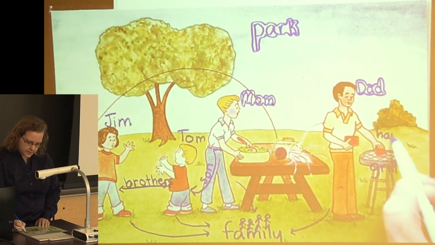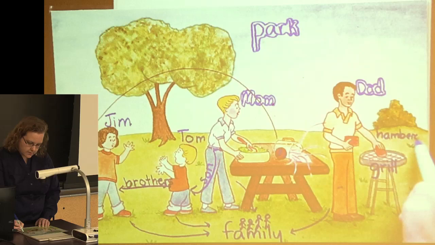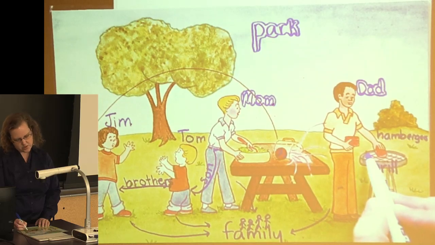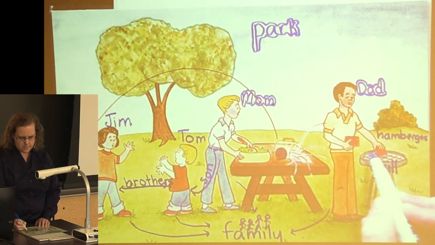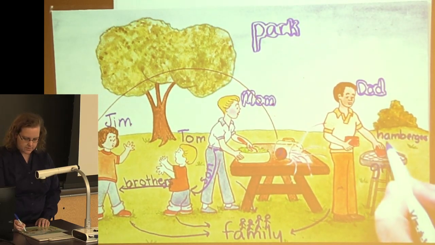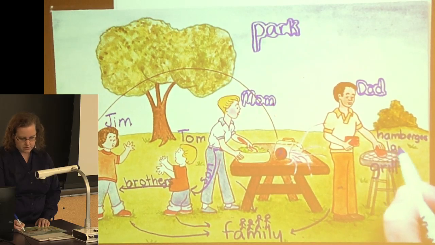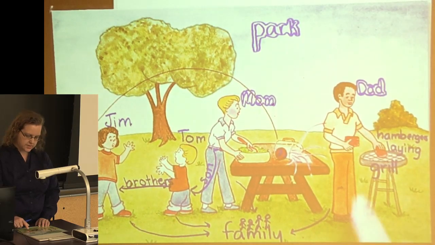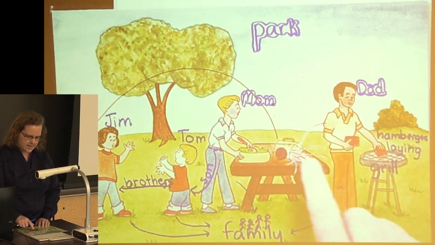I'm going to have to squish that one. No, I really have to squish that one. And his hand is doing something, and I could say he's putting the hamburgers on the grill, but I'm going to say he's actually laying the hamburgers on the grill, because he's not throwing the hamburgers on the grill. He's actually laying them down very carefully, because the grill is really hot and he doesn't want to burn his hands. So I see that the dad is laying hamburgers on the grill,